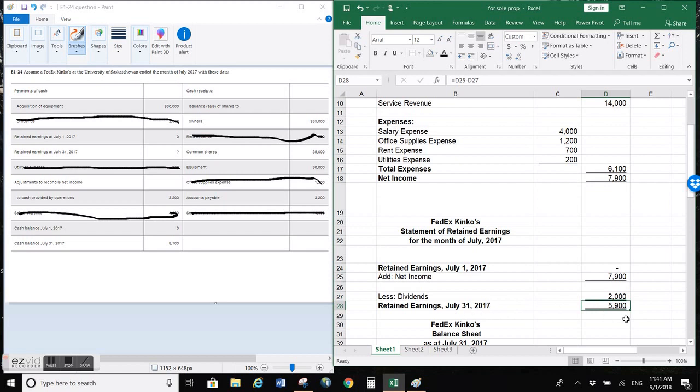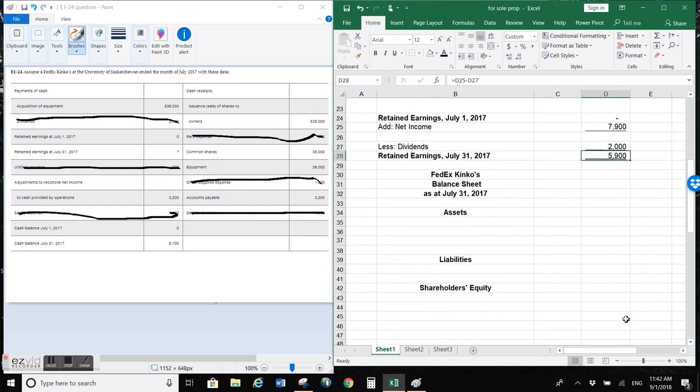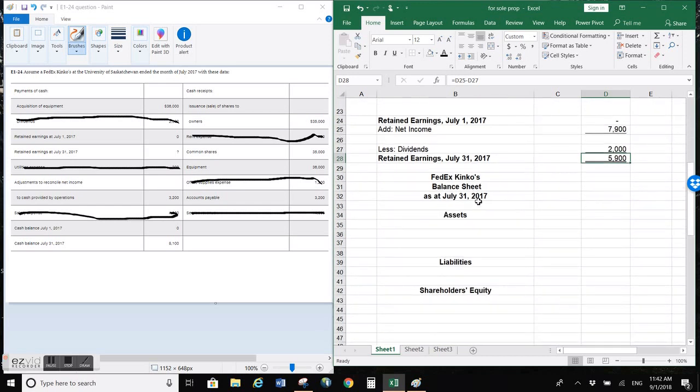Now we'll move on to the balance sheet. Balance sheet, you always do the balance sheet third. So the balance sheet's a little bit different. It's for a specific date. So we are looking at what we have, our assets, on July 31st, what we owe in terms of those assets, like do we owe anybody for the assets, and what the shareholders have as a stake in the assets. So what the company has, is it owned by the actual owners, or do they still owe for some of